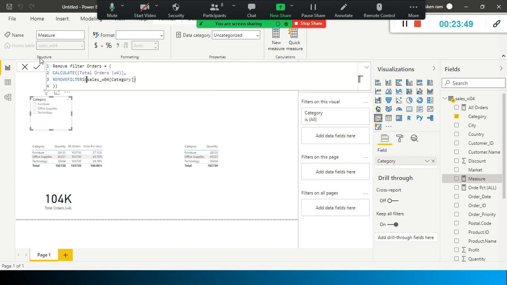It behaves the same way. Okay, that's it, I'm done with this one. Just click this one, apply this one.